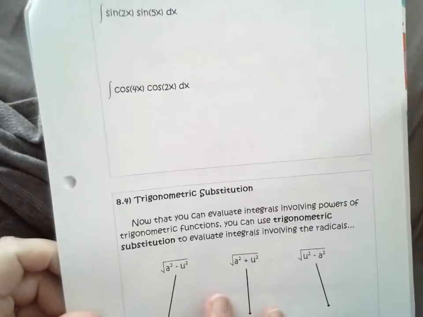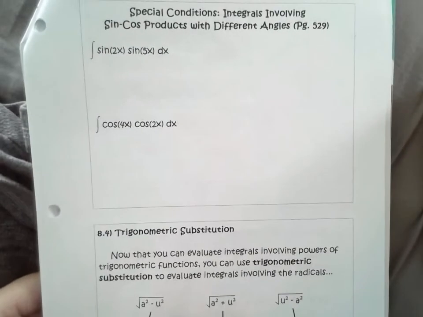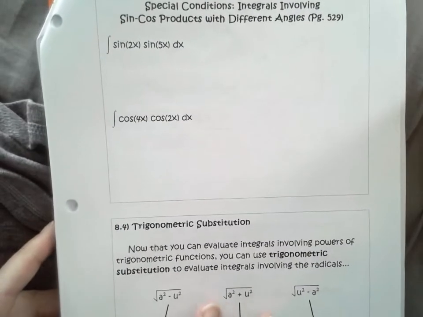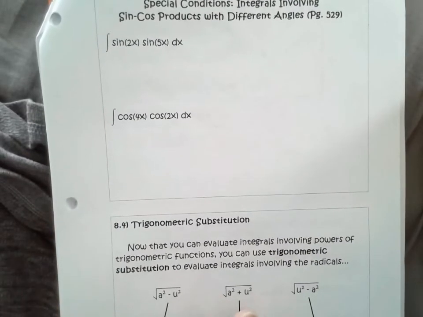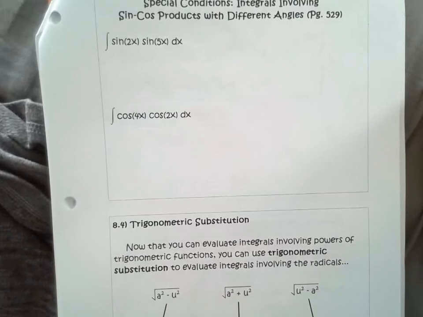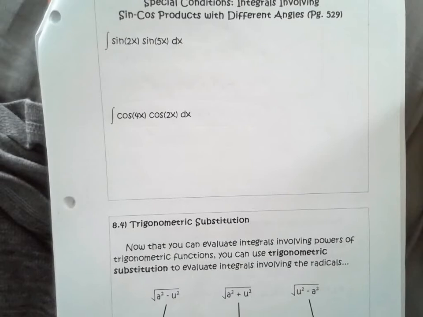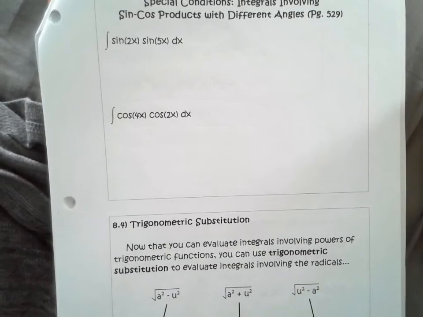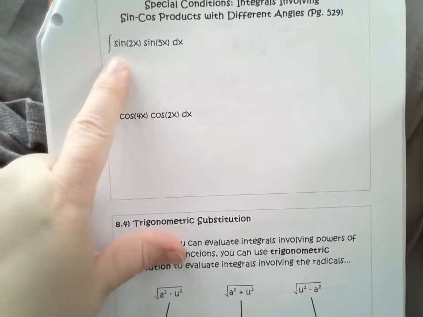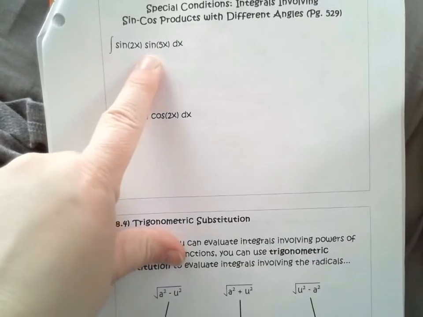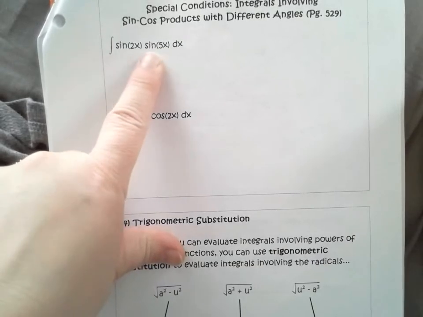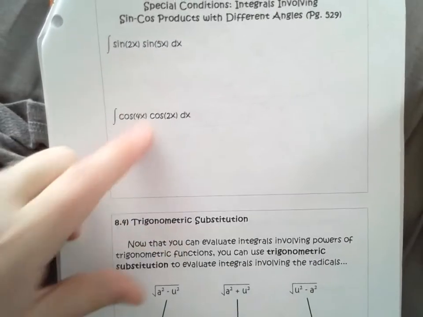Couple things to consider before we move on, and that's special conditions, integrals that involve sine cosine products with different angles. Alright, so in this case, you know, what do we do? It does say to reference page 529, so I'm going to turn there. And there are formulas that can help you replace them. Okay, so if you have sine of one set and sine of another set, and those two coefficients do not match, then this is equivalent